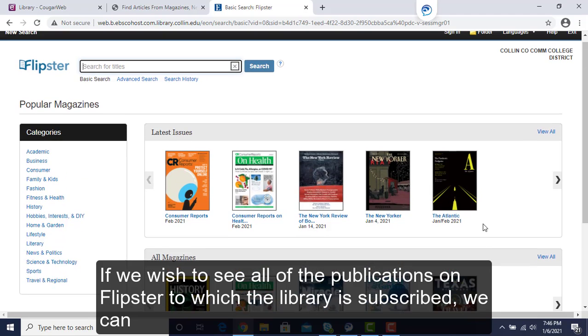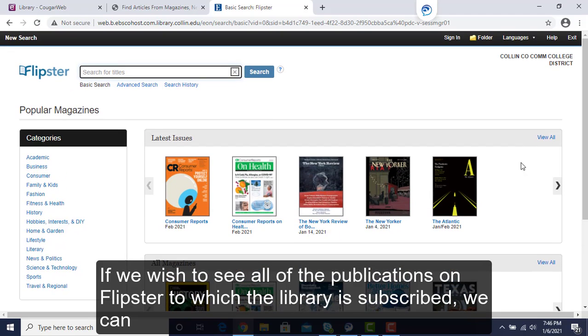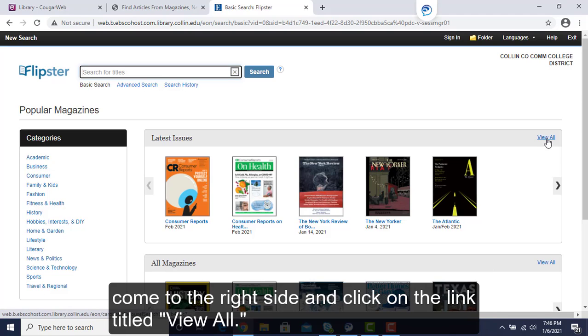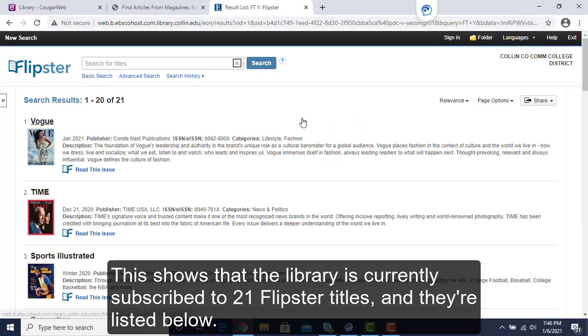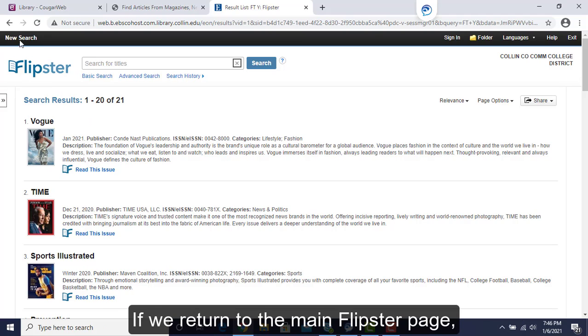If we wish to see all of the publications on Flipster to which the library is subscribed, we can come to the right side and click on the link titled View All. This shows that the library is currently subscribed to 21 Flipster titles, and they're listed below. If we return to the main Flipster page,